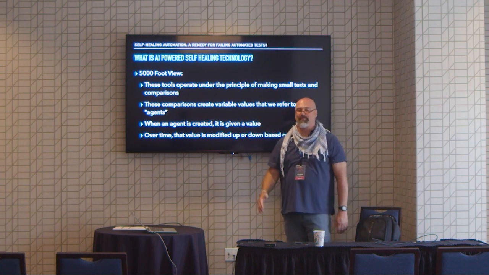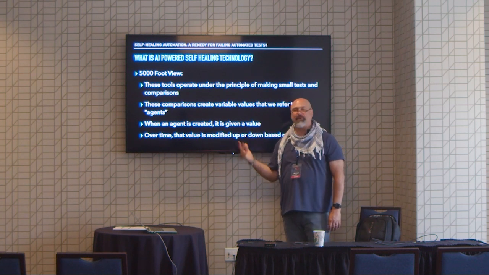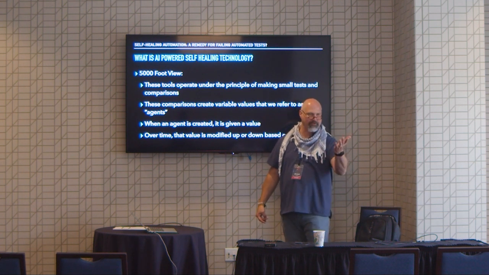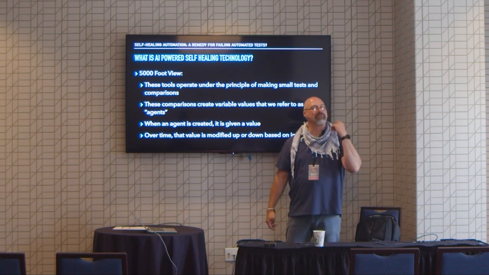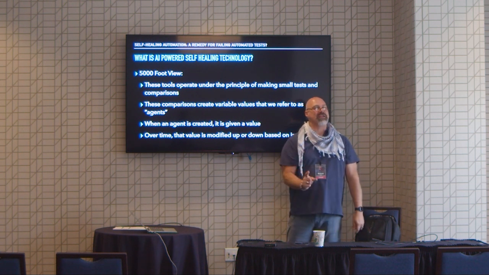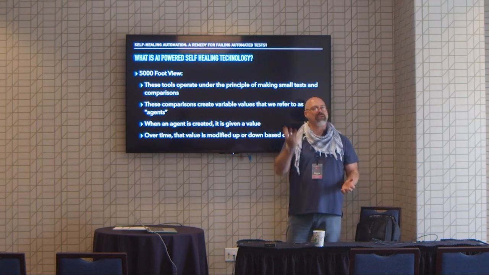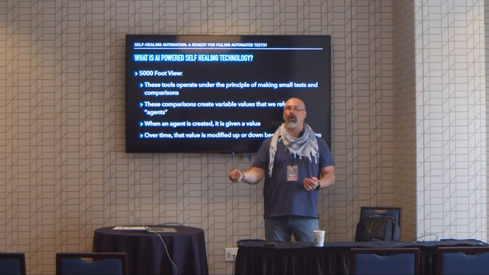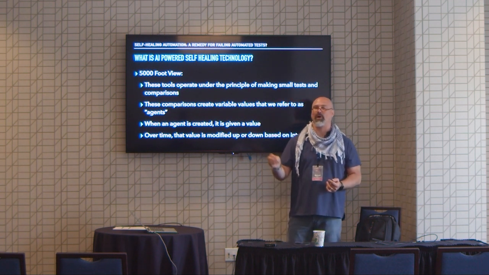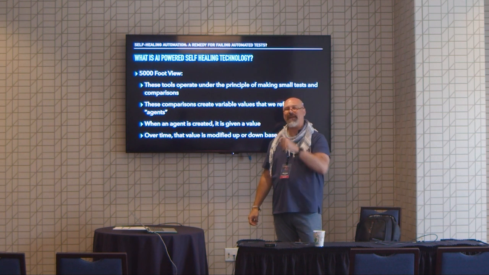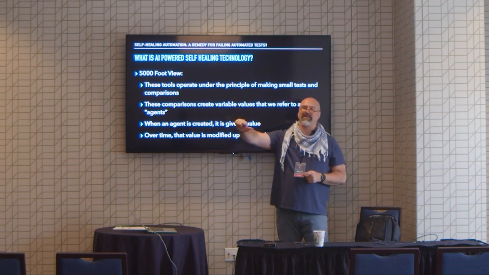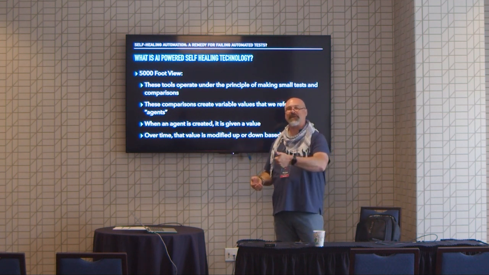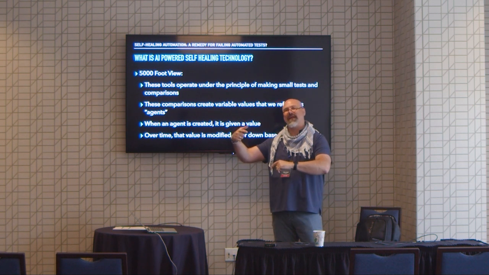You create an array. You create a number of values. Each value is associated with some piece that you want to query or verify that it's there. A locator, for example. If you run a test and the locator shows up and your test passes, that agent increments its value. In other words, you're giving that locator more presence. It matters more. The agent is determining that it matters more. Now, if you run that test again and it fails, then that agent is decremented. And if another variable gets pulled in and run and that locator successfully passes your test, then its agent is